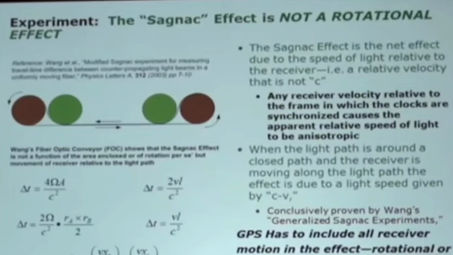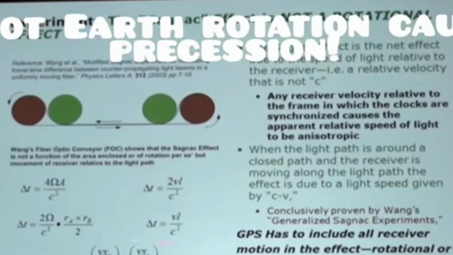Wang has done some experiments with conveyor belts and shown that their circular equation right there is really equivalent to the length and can be put in terms of the length. Well, on a one-way path, you'd expect it to be half as big. The GPS experts claim there's this triangle that it follows, and they put it in the same form for a one-way because of Earth's rotation. But again, if you work it out, it turns out it's just VL over C squared. And when you put it in terms of where the satellite and receiver are, it works out to be exactly the same as that VX distance along the equator.